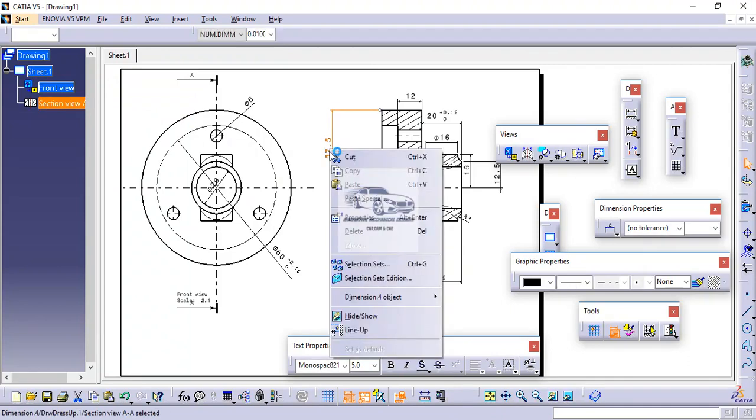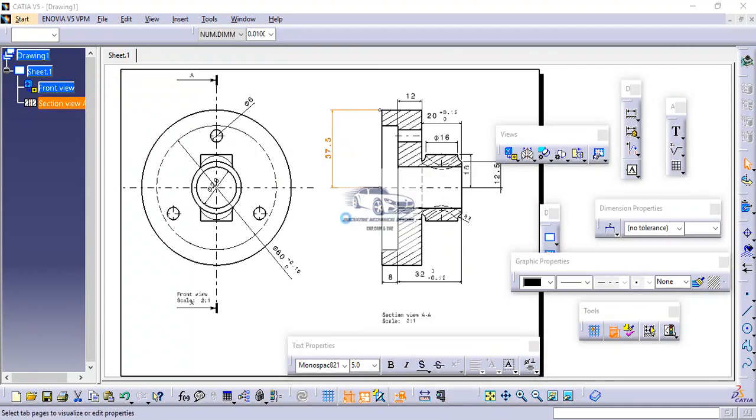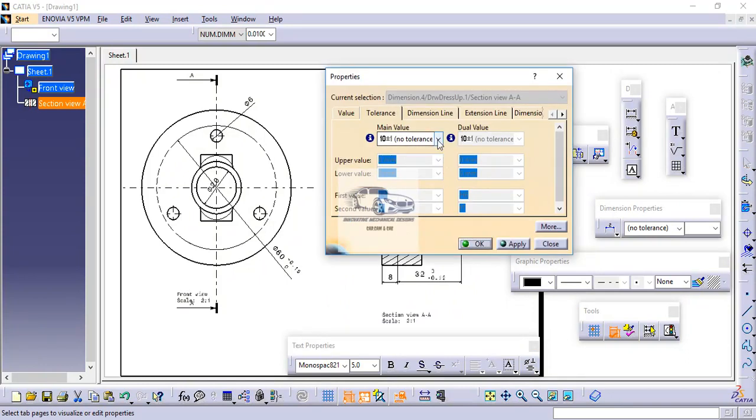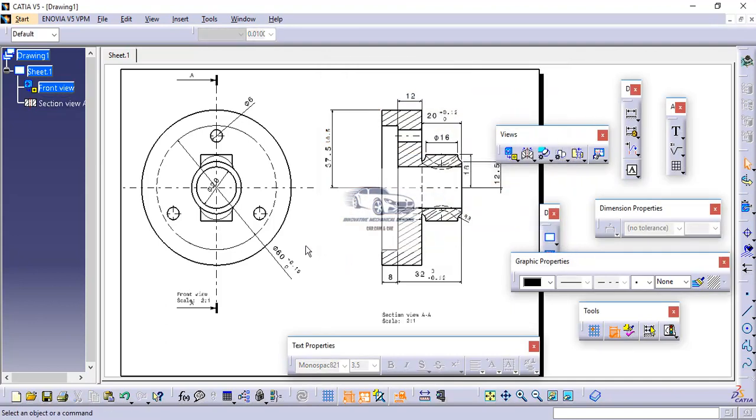So I will select this dimension, right click, properties. So here I will input it as 0.5 plus, and for the lower value I will mention as minus 0.5. Then apply, and then OK.